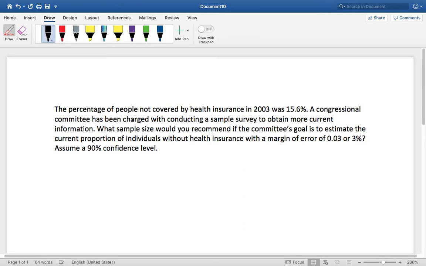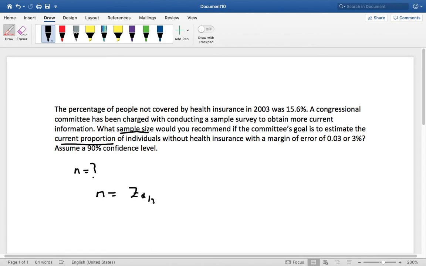So for this question, I can see that they want the sample size. What sample size? That's the question. So what's the sample size? And that's what we want to find. And not only is it a sample size, but it's the sample size of a proportion. So I know right there that the formula I'm going to use for the sample size for proportion is going to be n is equal to z of alpha over 2